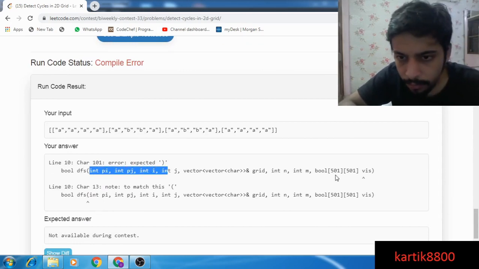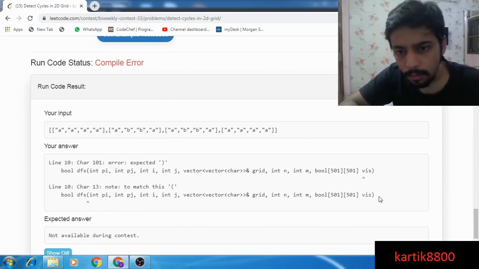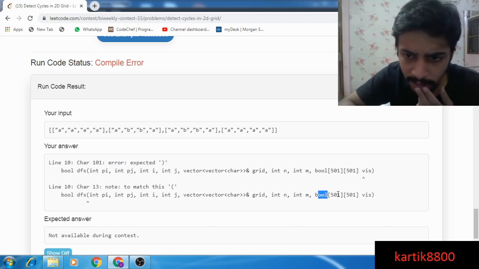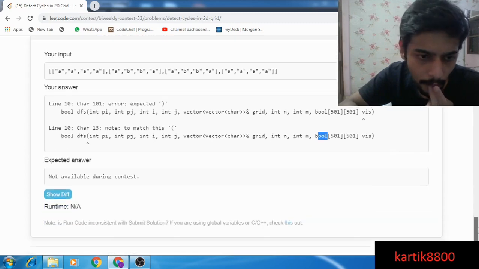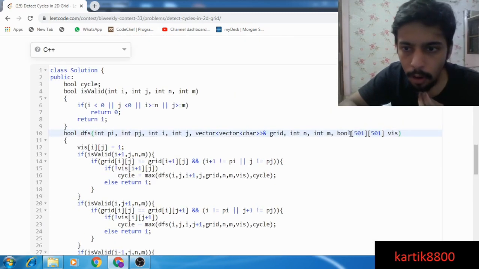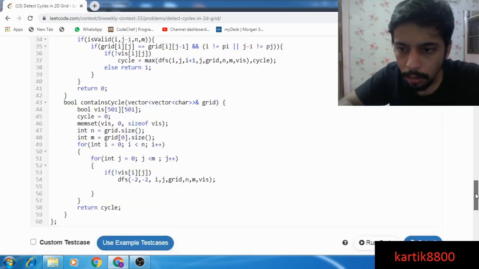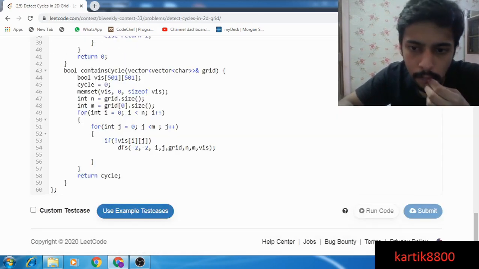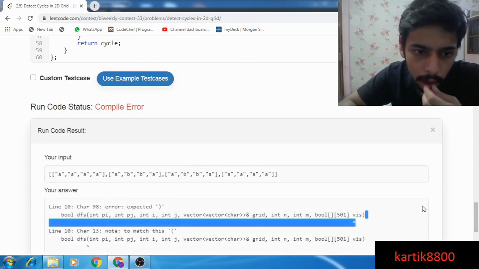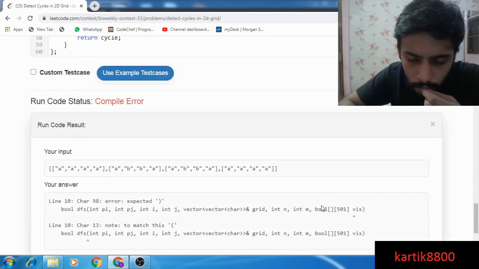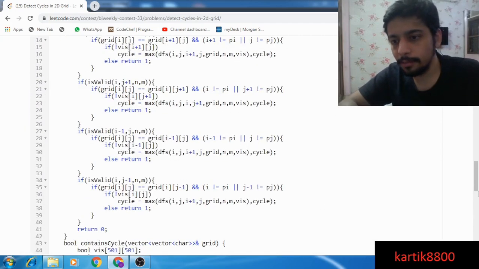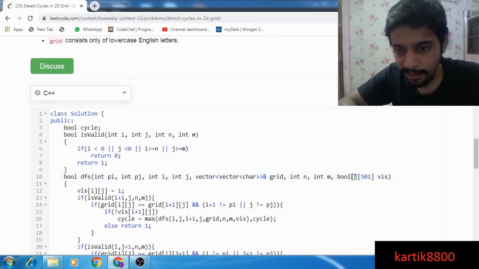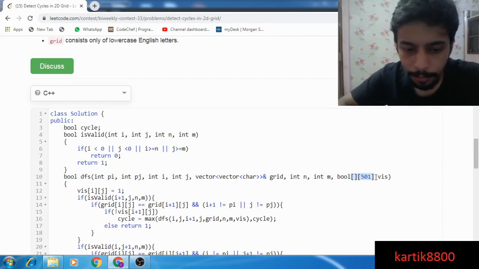Bool DFS viz. Is it some fault in passing it? Is it that I cannot pass it or something? Okay. Does this work? Oops. This is Java syntax.